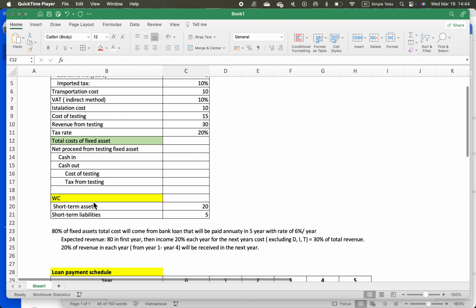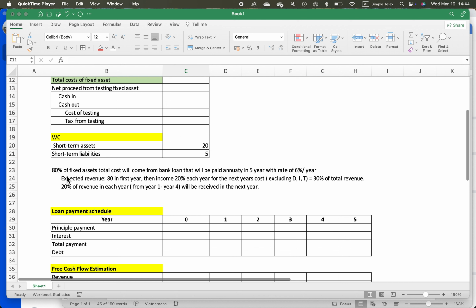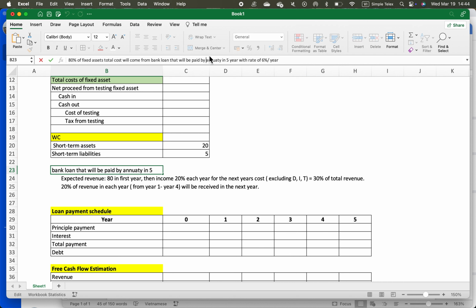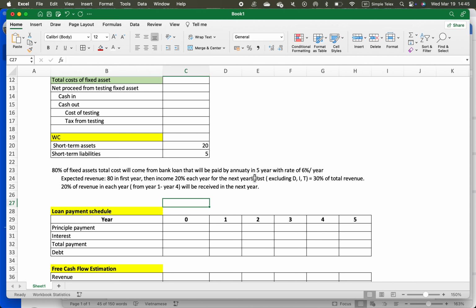And regarding working capital, the short-term assets invested in the project is 20, and the short-term liabilities are 5. Okay, and we know that 80% of fixed assets total cost will come from bank loan that will be paid annually by annuity in 5 years, with the interest rate of 6% per year. Expected revenue is 80 in the first year, then